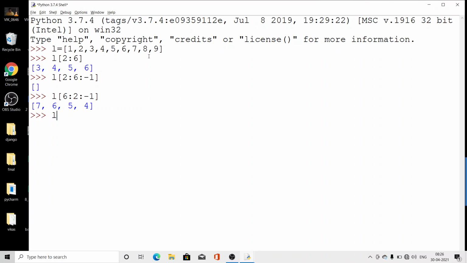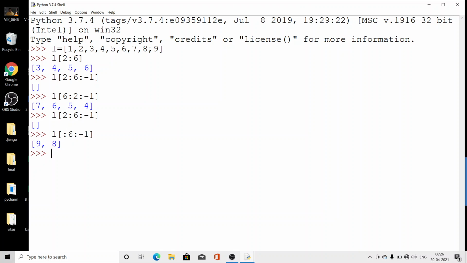Look here, otherwise if I write 2 to 6 and then give the opposite direction, opposite direction means 6 onwards. So it has to go from 2 in this direction, toward 0, and there is no value there. That's why it is showing an empty list. So we have to write here up to the 6 comma minus 1.